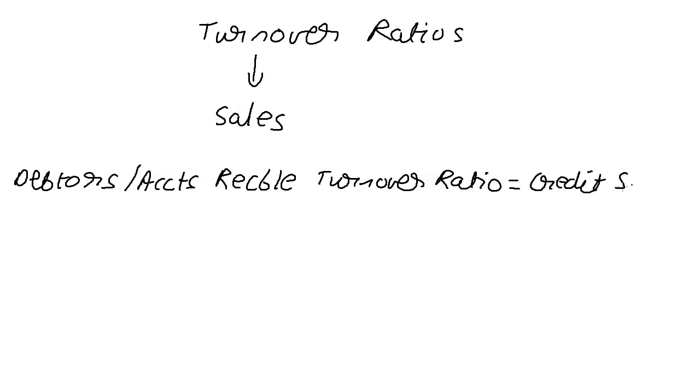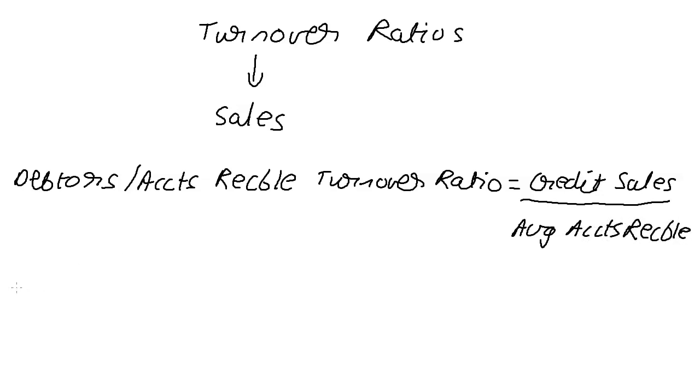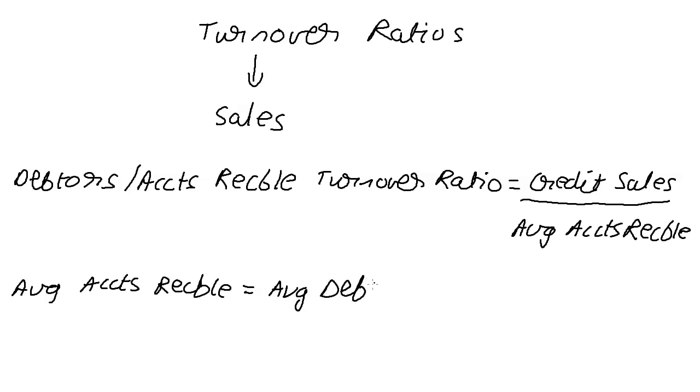Now, debtors or accounts receivable only happen because of credit sales. So it's credit sales upon average accounts receivable. You need to keep in mind that average accounts receivable is equal to average debtors plus average bills receivable,